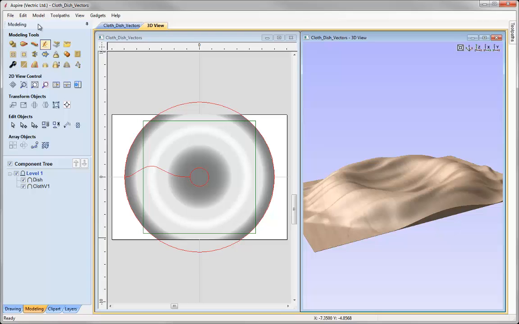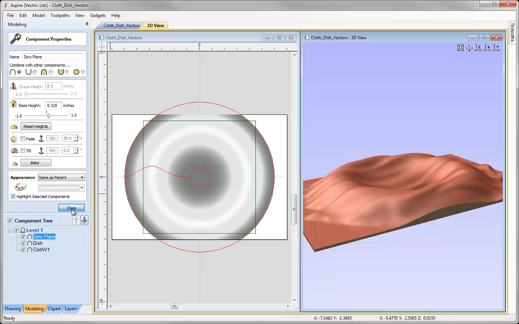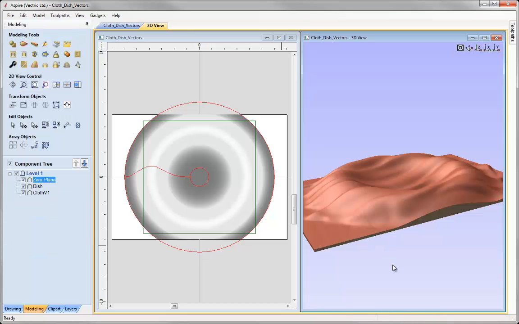So I'm going to actually add in a component. I'm going to go to Model, Add Zero Plane. So that adds in just a rectangular component across the whole part. I'm going to select this, go to the Properties, and I'm going to give this a base height of 1/8 of an inch and hit the space bar. So that's just raised up the model 1/8 of an inch there to ensure that I have some material to